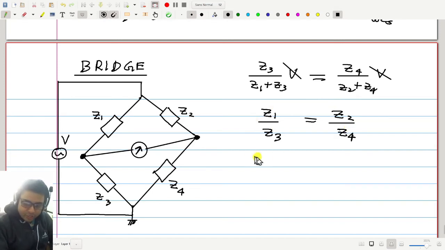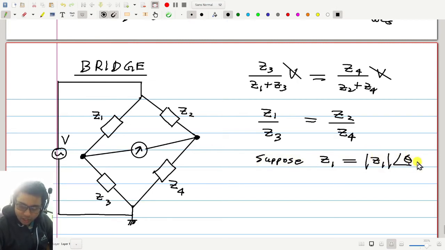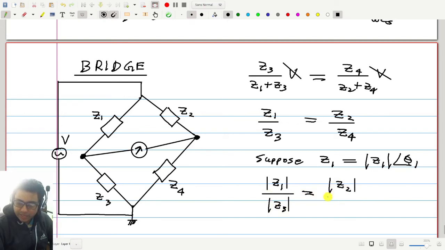Or we can also write it in this way. Suppose Z1 is given as a magnitude with angle theta 1 and so on, Z2 similarly, Z3 similarly. Then we can write the magnitude of Z1 by Z3 equal to